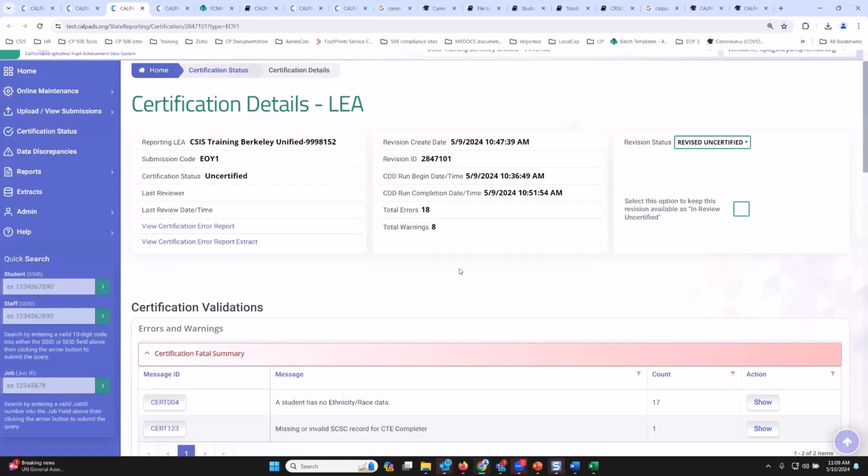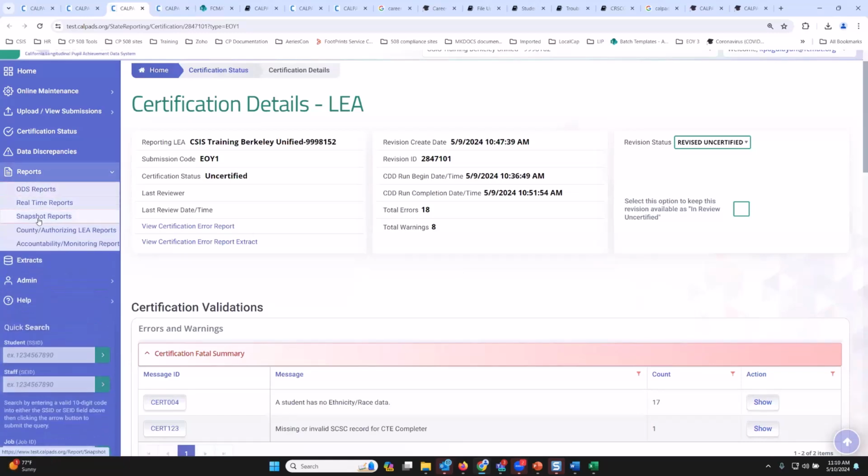And then on their end, your CT coordinator or whoever reviews the data will go to reports, go to snapshot reports, and will look for that specific revision status in review uncertified, and will look for the specific revision ID, right?